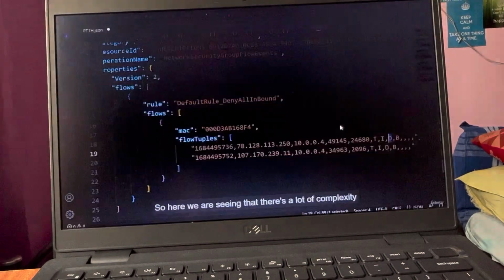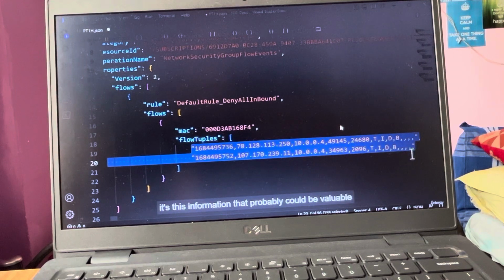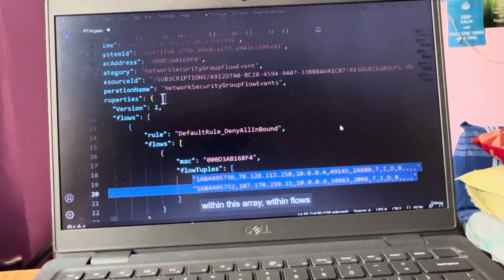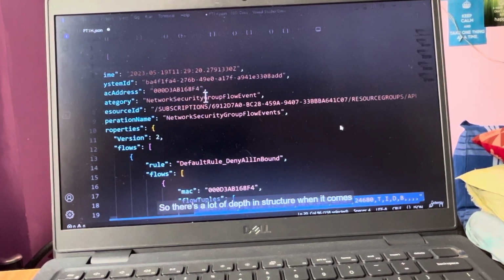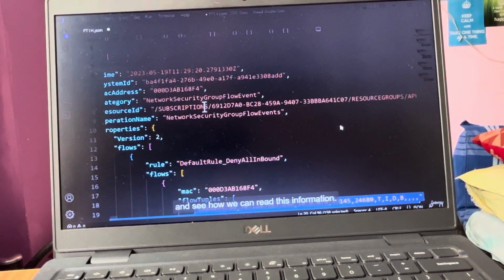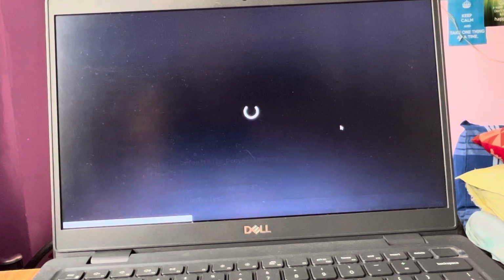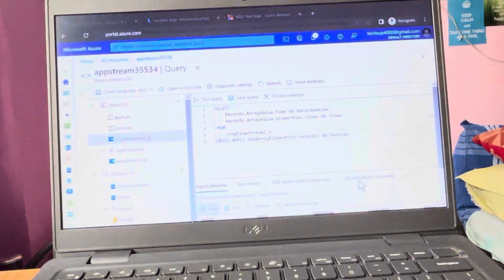So here we are seeing that there's a lot of complexity in trying to get this information, because this is information that probably would be valuable to a security engineer. They want to drill down onto all of the flow log information, and I told you this information is within this array, within this array, within flows, within this array, within flows, within an object, within records, within an array. So there's a lot of depth in structure when it comes onto this particular JSON-based data. So our job now is to go step by step and see how we can read this information. So in the prior chapter,